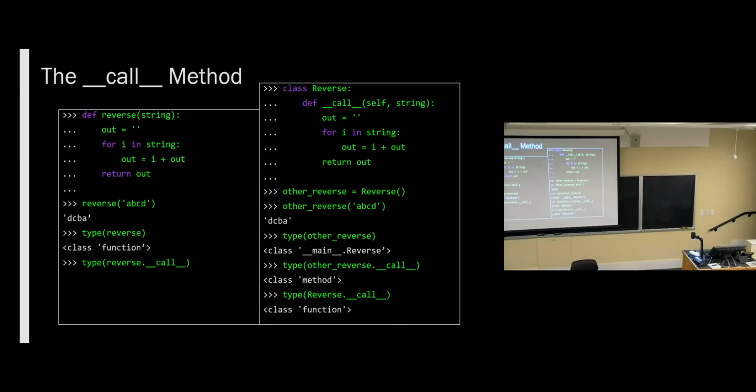Right? Does it? I mean, we don't know. It must be a method. I made it sound like the function class has a call method, because that's how I introduced the call method. But maybe the function class is actually some special thing written in C. Well, it turns out reverse is a function, like we saw, and it does have a dot dunderCall method, and its type is method wrapper.